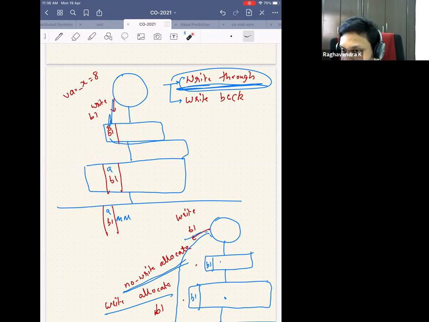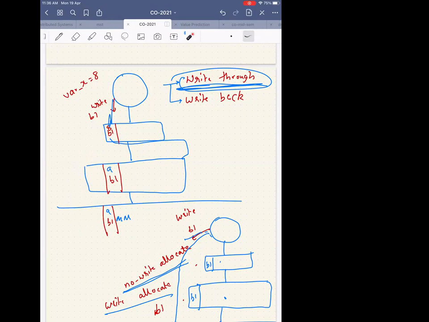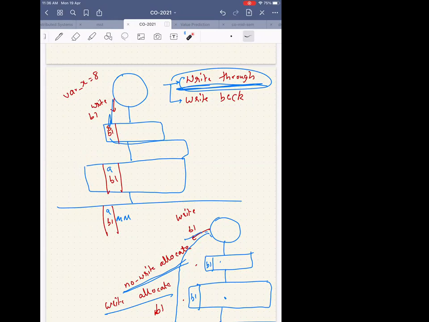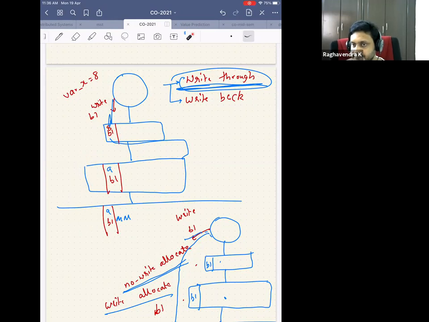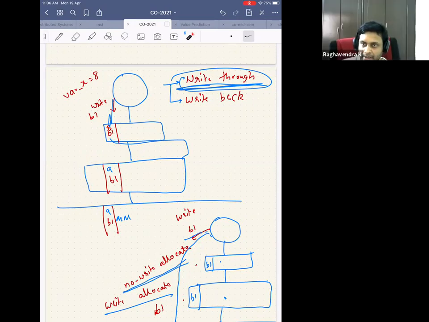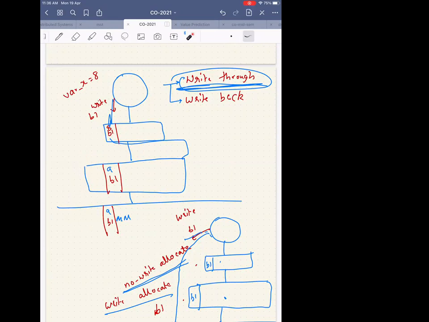Does it make sense? Except if it was in the cache already. If it was in the cache, then yes. But how will it be in the cache? From some read, yes. But then it will not break anything. So this is also valid, like there's no big issue. There's no correctness issue. Anything that you do in the cache will generally not tamper with the correctness. It's just that the performance will either go up or go down.